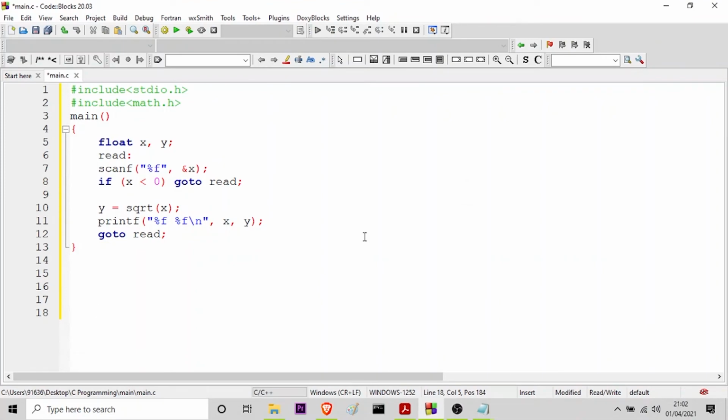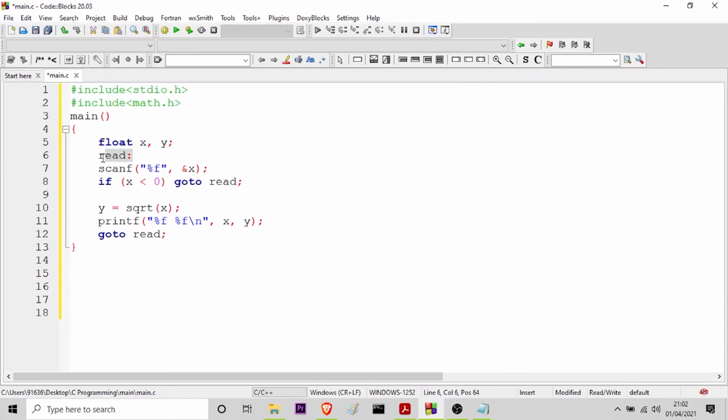So here I am in my editor and you can see I have used the goto statement here and also here. What I am trying to do here is I have taken two variables x and y, and I am trying to calculate the square root of this x variable and store it in this y variable. Therefore, I have taken these two variables of the floating data type.